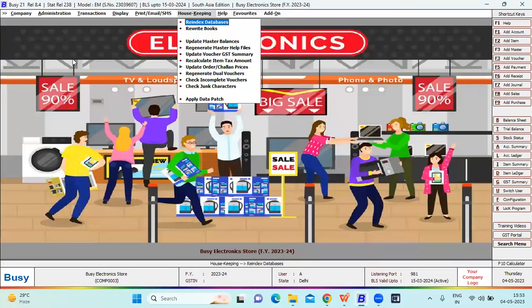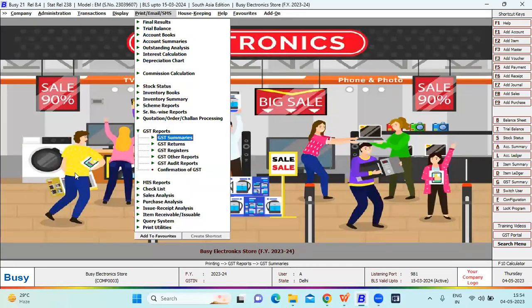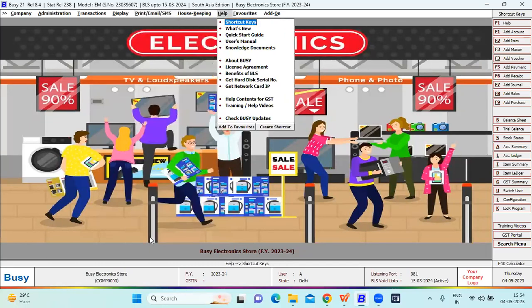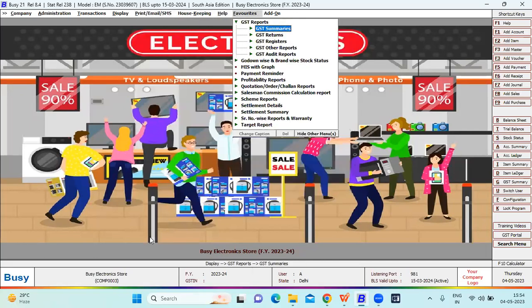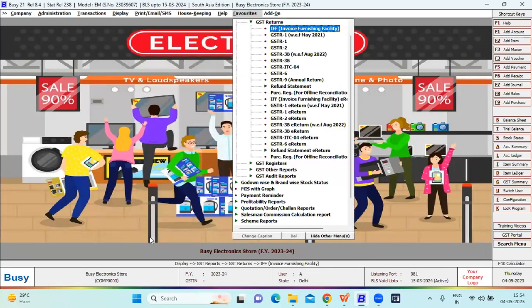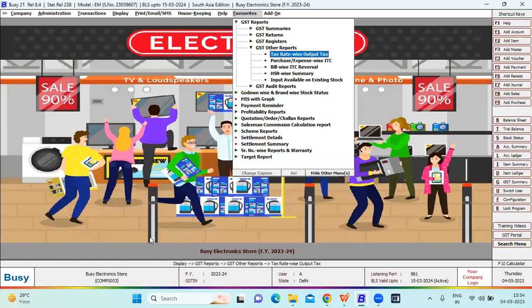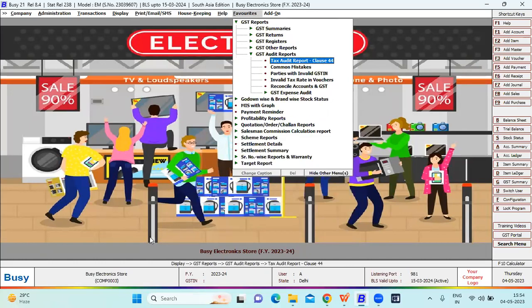You can add to favorites, like administration, GST reports, GST summary, add to favorites. This is how you can add your reports to favorites. GST returns, we have GST register, we have audit reports, we have